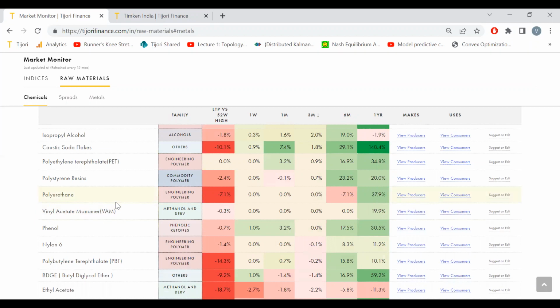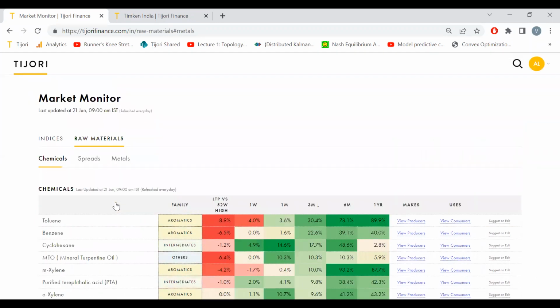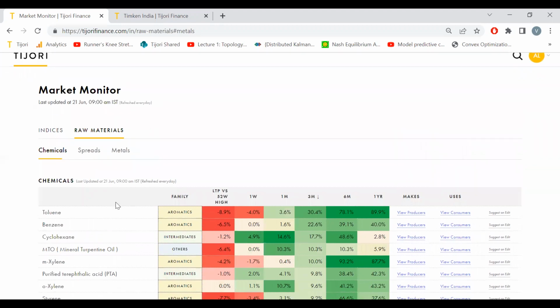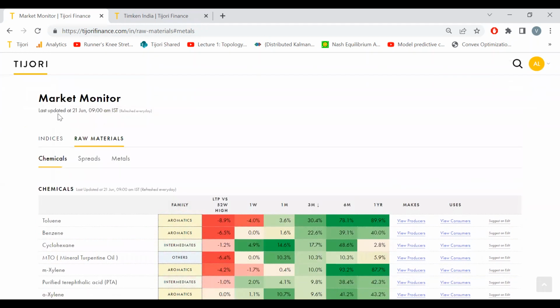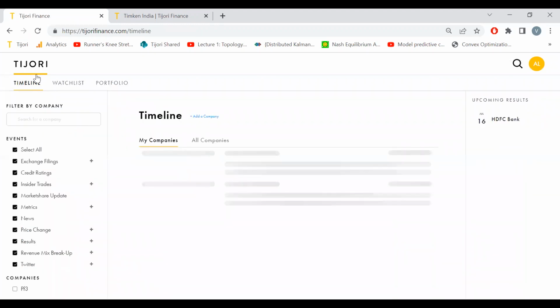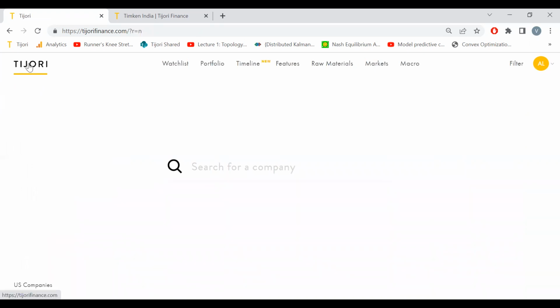Or that's even the other way around, if we have some company in our portfolio, just to know if the margins will fall because there is a raw material. Exactly. That also. Exactly. So if you have Deepak Nitrite in your portfolio, you might want to check phenol prices maybe 1 week or so before the quarterly results to know what to expect. Great. The 3-month change anyway. So again, this is another way how you can track chemical prices, metal prices, niche indices, and find companies to invest in, or at least find ideas to research or not to invest in.